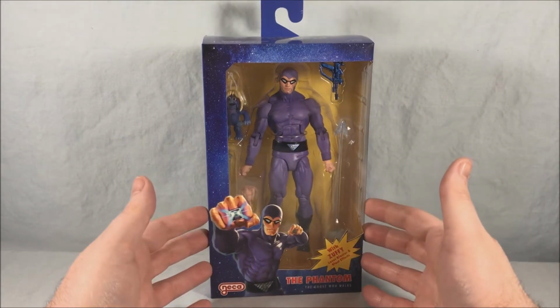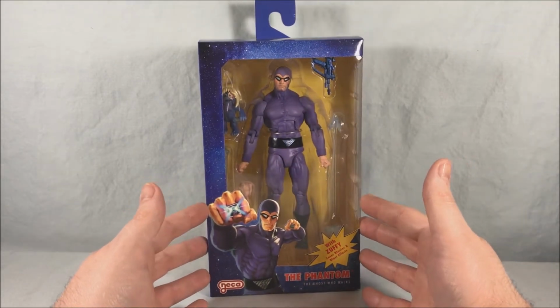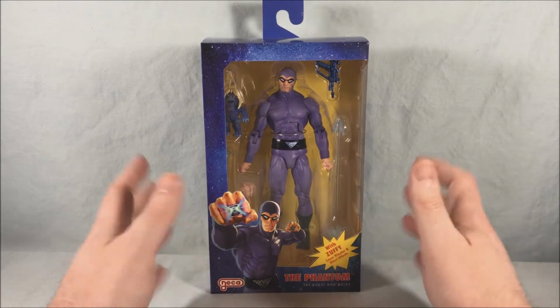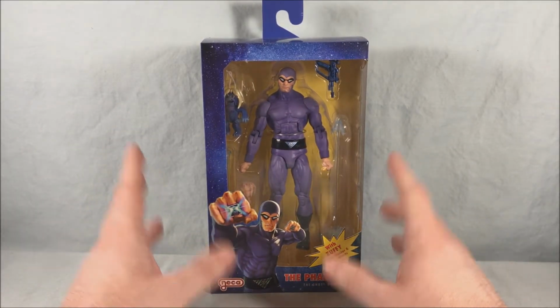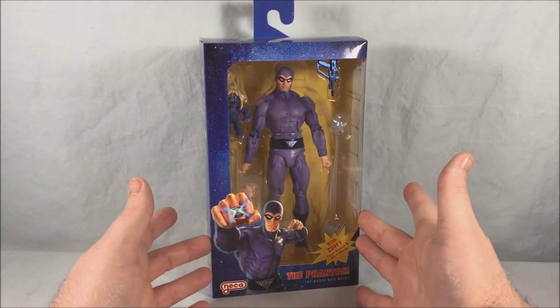Today we are taking a look at the Phantom from the Defenders of the Earth line from NECA Toys. I actually found this today at my local Target. Previously I believe they were Walmart exclusives, but they're obviously now available at Target, so definitely check your Targets